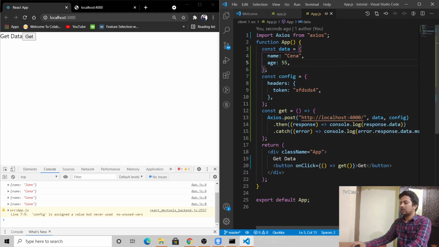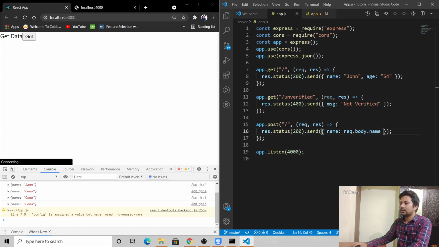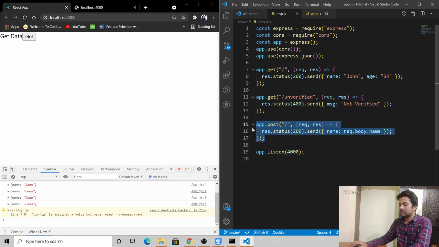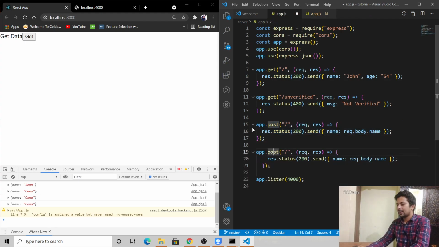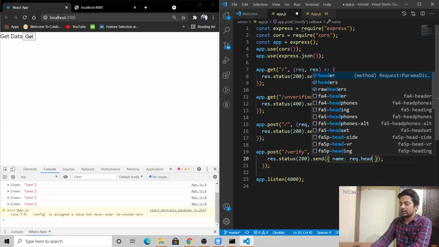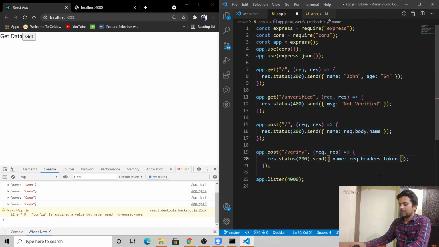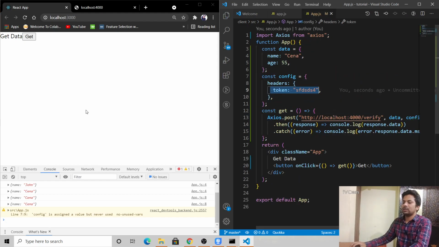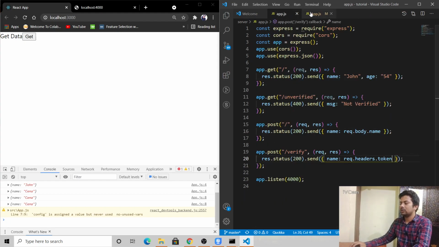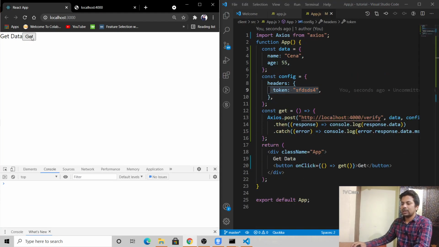This time we will hit the URL on verify. Suppose the user is verified and sending the token in the headers. Just save it, and on this side we'll copy it and say verify, and this time we'll check the headers and send back the headers data only: request dot headers dot token. And this is the post request. Let me just get it.